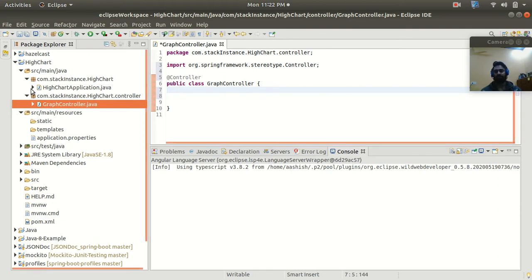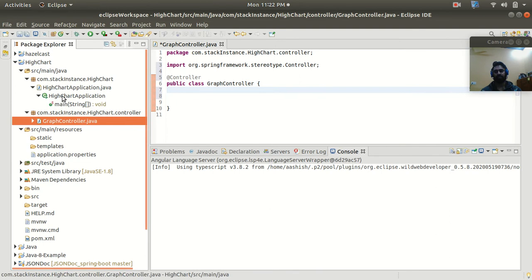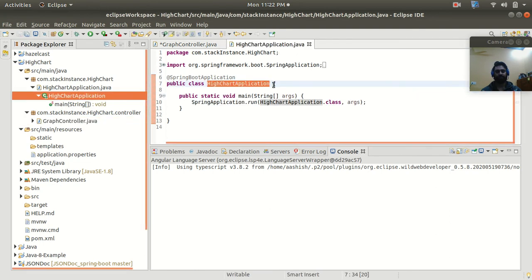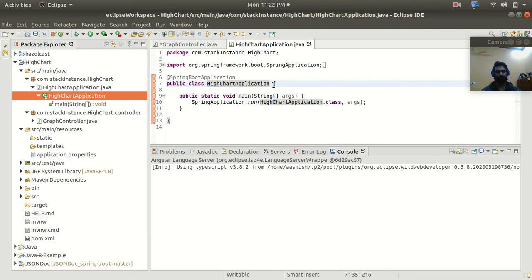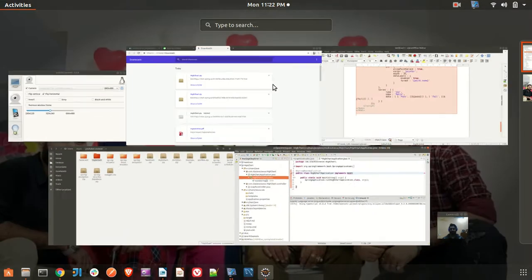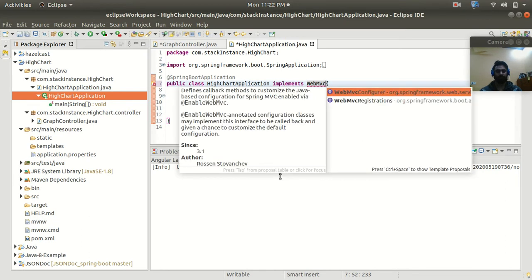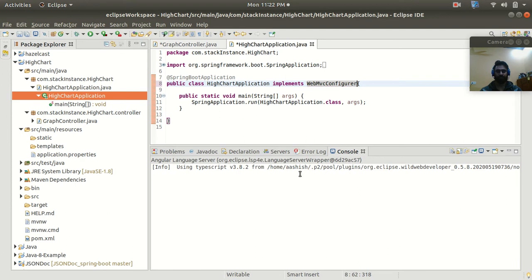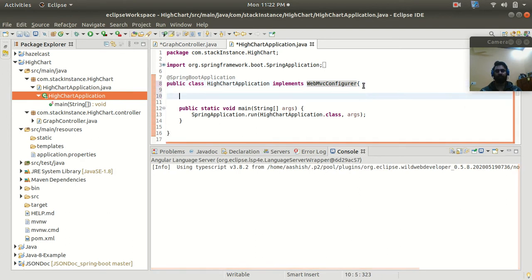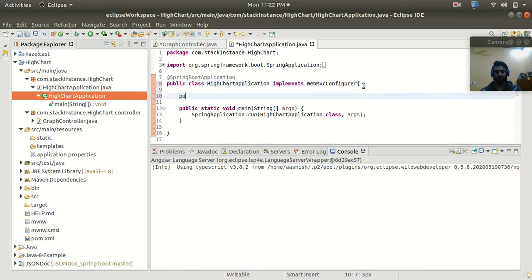So for that, what we can do, let's go directly to the main class, and here we can implement, or yeah, let's implement WebMvcConfigurer interface, and then inside this I'm going to write one method.